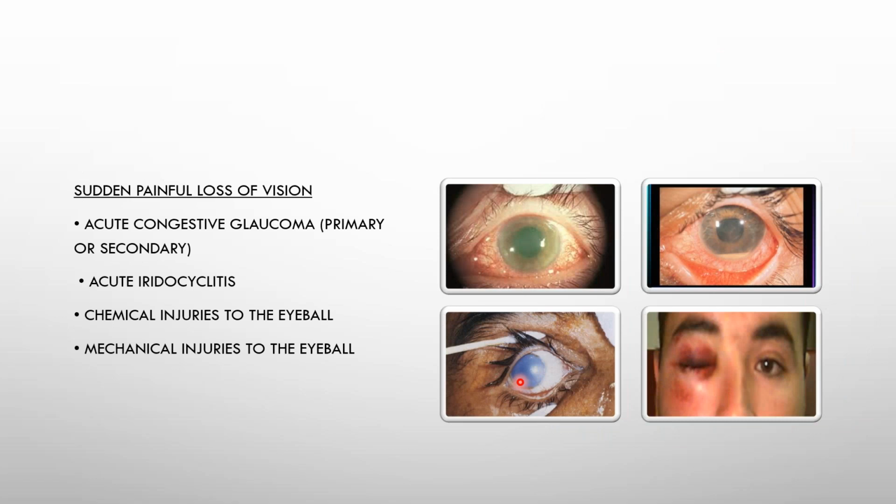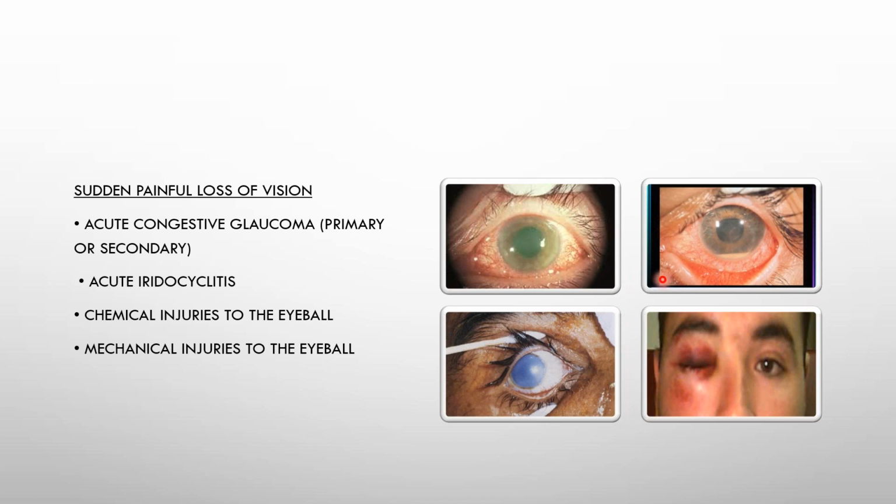Now in this, the first image that you see here is that of an acute congestive glaucoma, right? You see a lot of redness. The patient would come to you with, okay, I've suddenly had blurring of vision or diminished vision and it's very, very painful. And there's a lot of redness here. And when you see the patient, you will see that there's corneal haze. Sometimes patients may tell you, okay, previously I've had history of colored halos on and off, but I haven't really paid attention to it. And suddenly the patient comes to you in an acute attack of glaucoma, right?